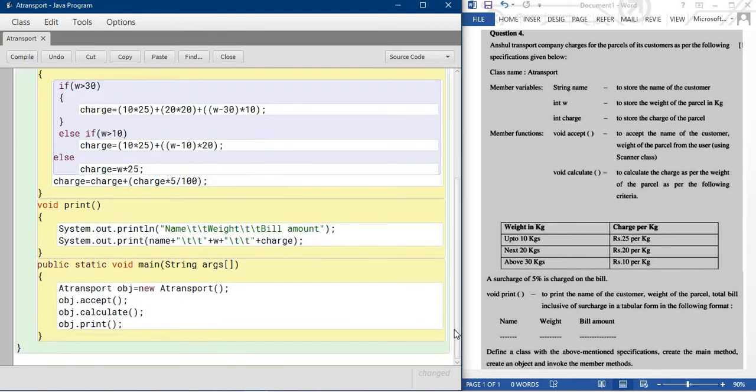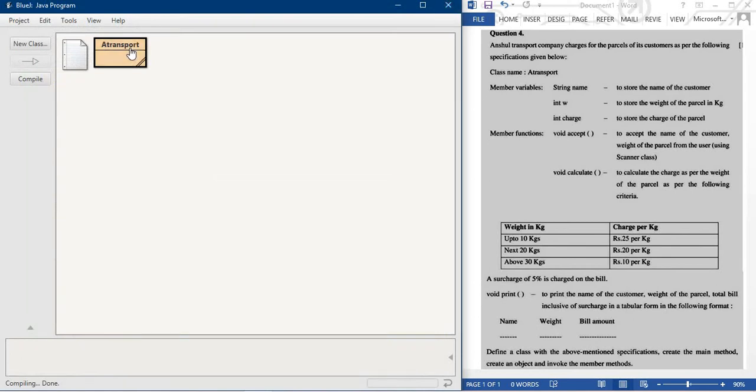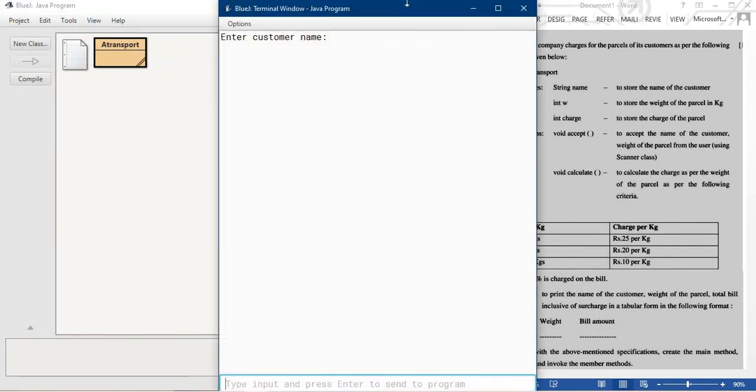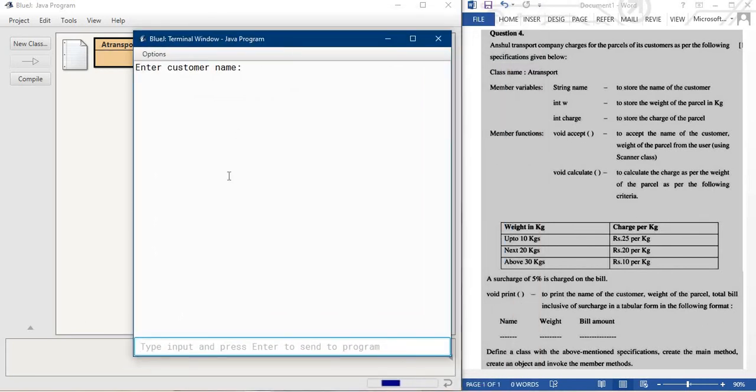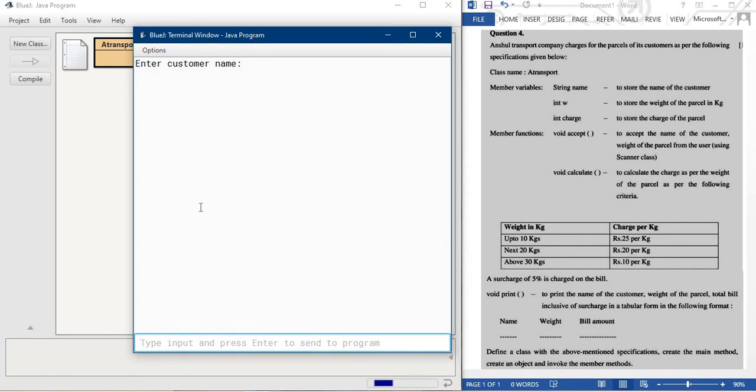Okay, now time to compile. See, there's no error, so just close it and run the program, and you can see the message. So I'm providing the customer name, my name.